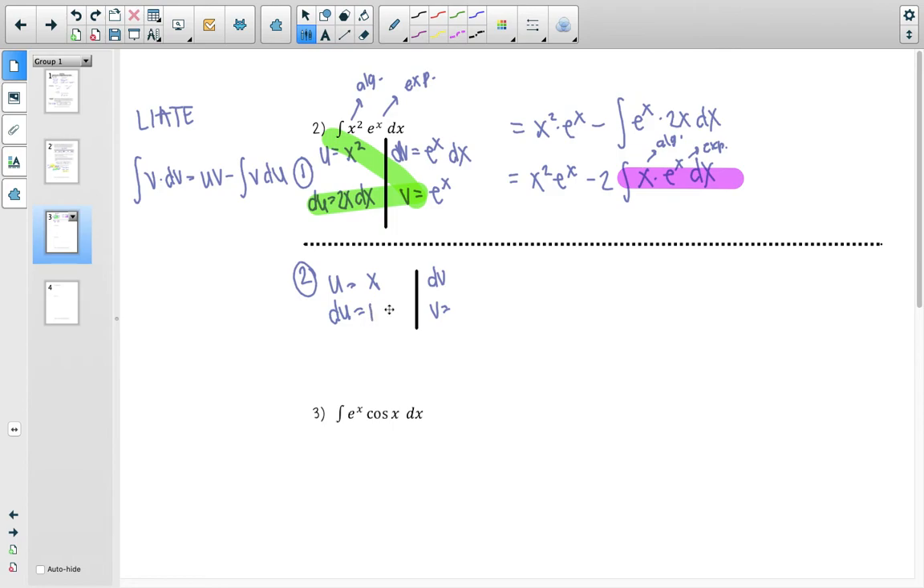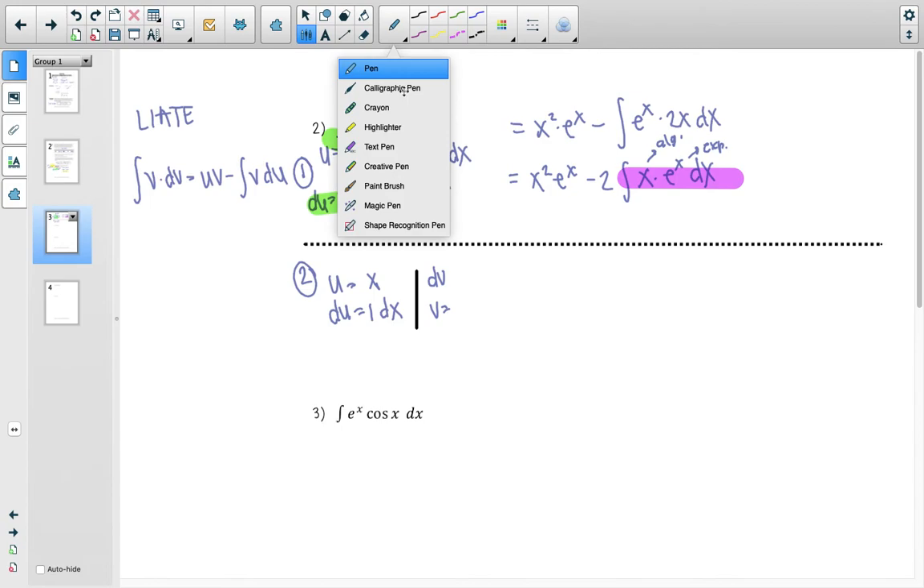Derive x and you get 1 dx. Okay, so here's my hint to you. If this du has a variable or a function that still could be integrated,